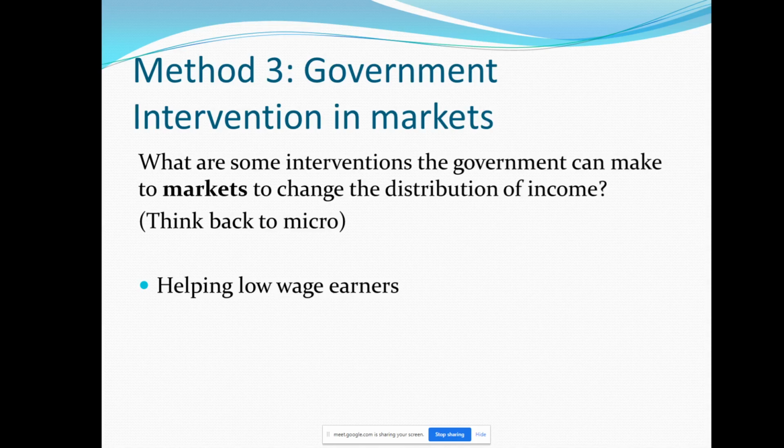Price ceiling for certain goods and services. That's very good. That's also a government intervention in the market. What about this one? To help the farmers, what kind of government intervention can we use? We actually learned that. Could be subsidies, that might work. Price floor, that's good. So once again, we are focusing on the government intervention in the market.